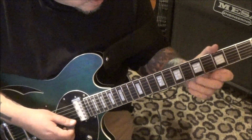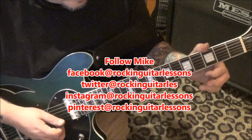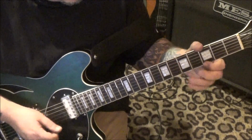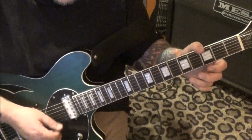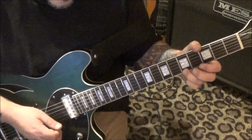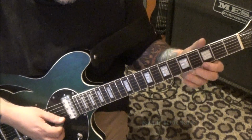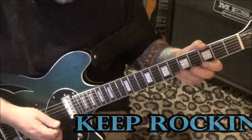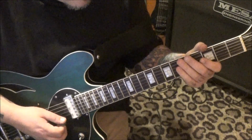Okay, this one's cool too. 415, 3E pick, pull to open, and then go down, up, down, up, down, up. So it's same thing on the 5th fret. So slow it down, and then a shorter version. 3 pull to open, down, up. Same thing on the 5th fret. Same thing on 6th fret. Same thing on 5th fret. So the whole part there is, and his tempo is about like this. 418, we're going to go 7